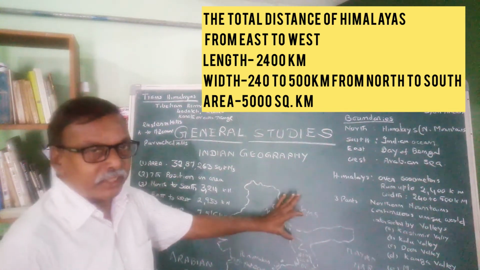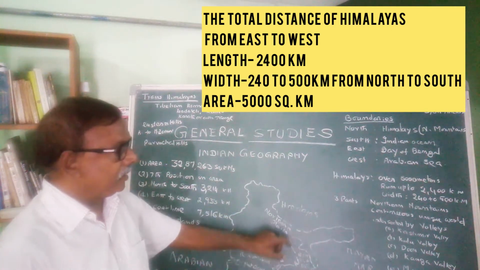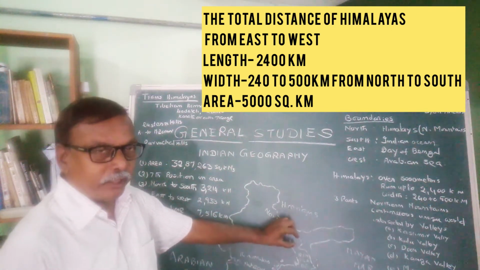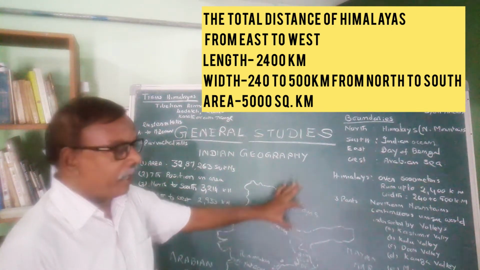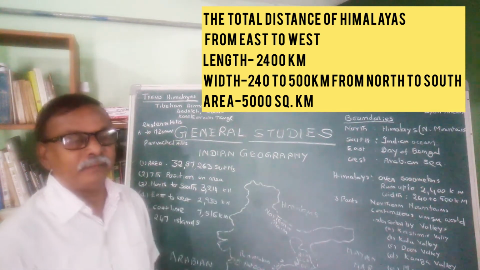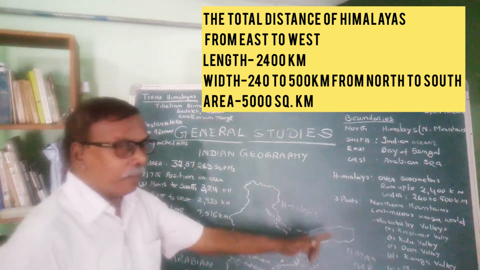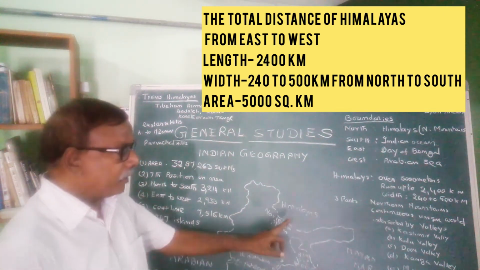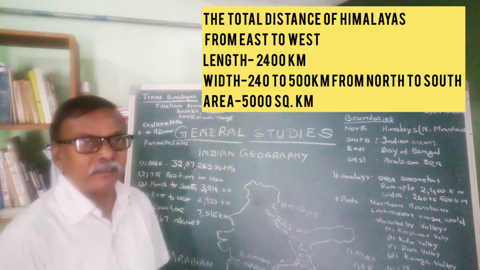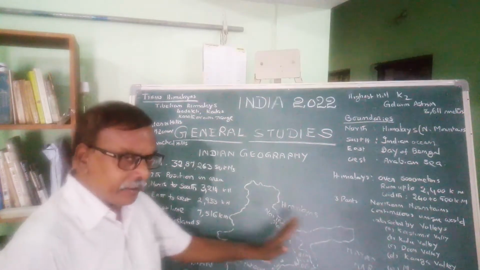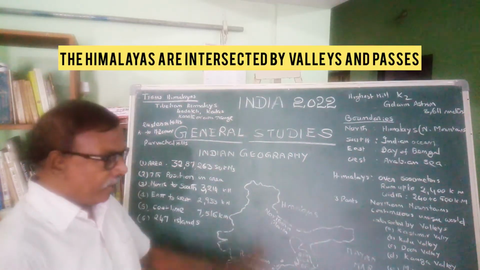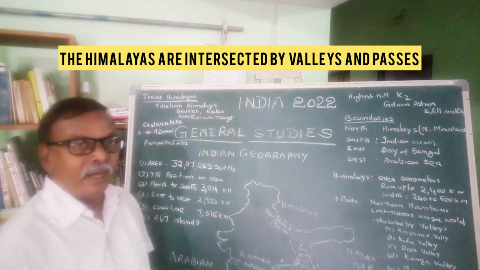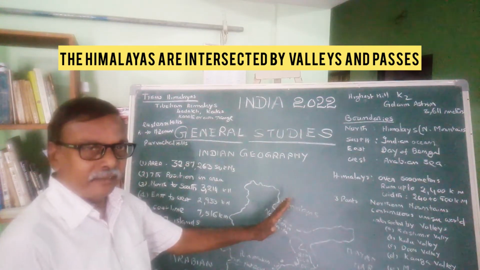The breadth of these Himalayas is 242,500 kilometers. They occupy a total area of 5,000 square kilometers. They are not in a single row, they are in rows,